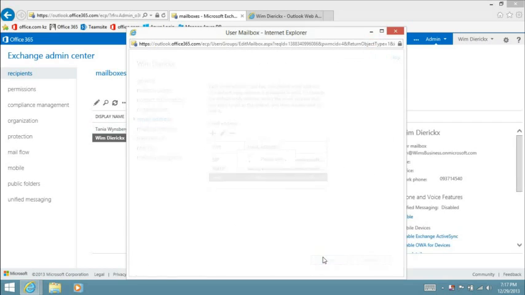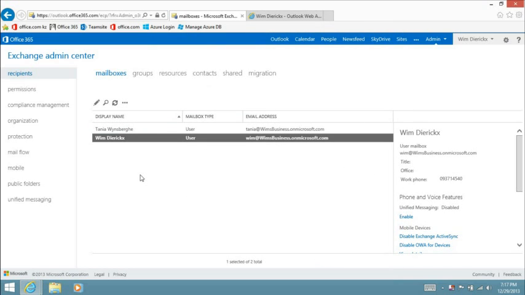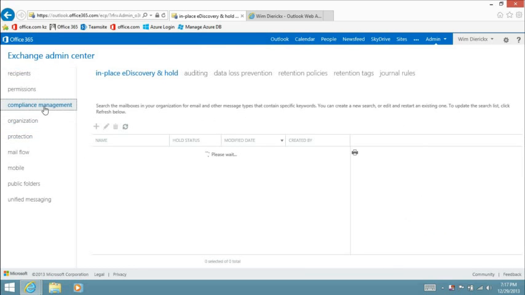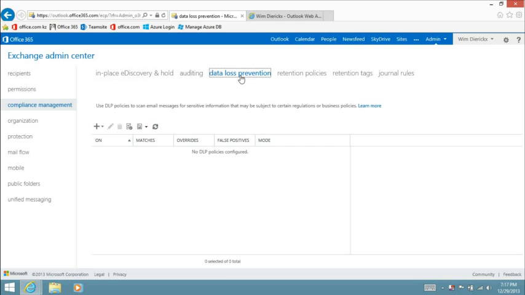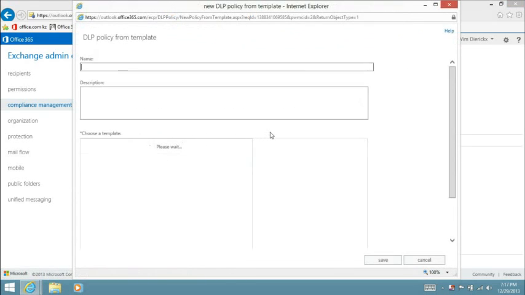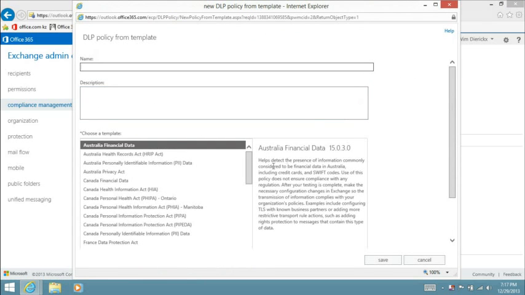Another very important part of the Exchange Online administration is what we call compliance management, where besides things like e-discovery, to find emails on specific topics for legal reasons, we can also set up what we call data loss prevention to avoid that sensitive data is sent out of the company. For example, a mail with a credit card number or with a bank account number, you can prevent that users accidentally send such emails. For that, there are lots of templates already available in this environment that you can choose from,